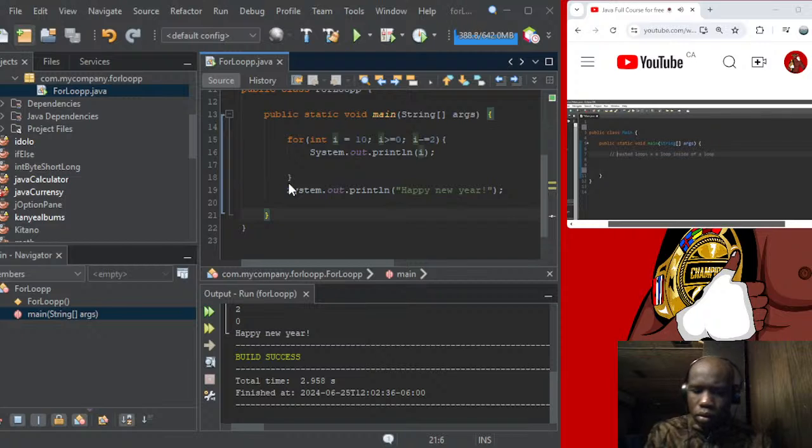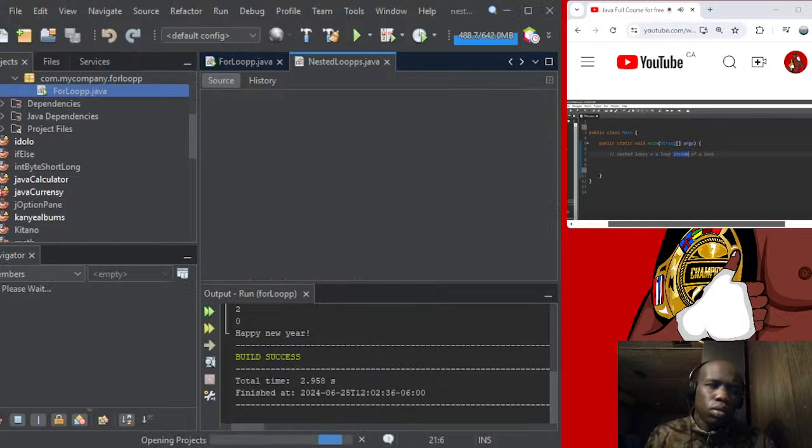Hey, what's going on, fellow human beings? In this video, I'm going to explain nested loops. A nested loop is really just a loop inside of another loop. To best demonstrate this,